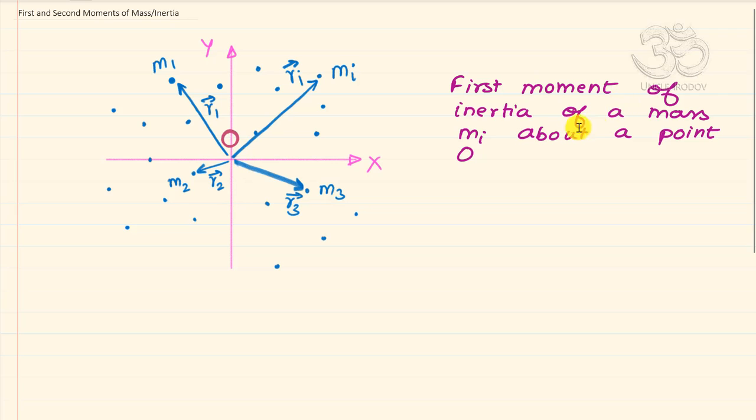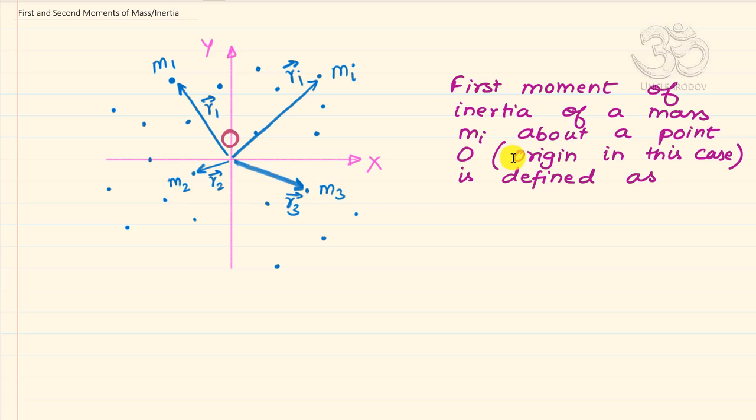So the first moment of inertia of a mass mi about a point O is defined as mi into ri, where this ri will be a vector. So this term which I get will also be a vector. It will be a scaled vector,